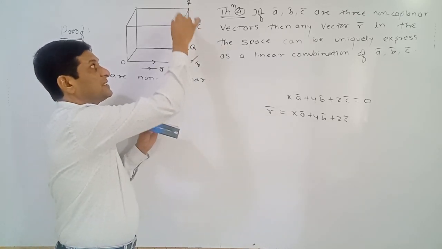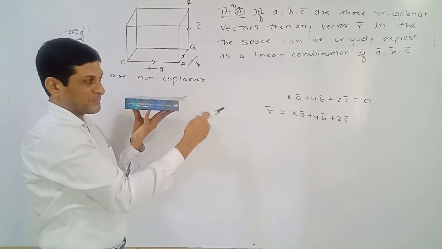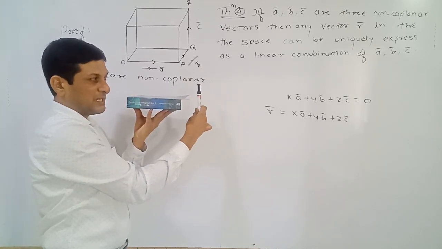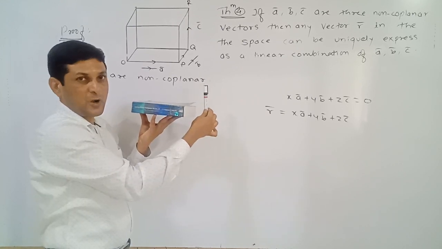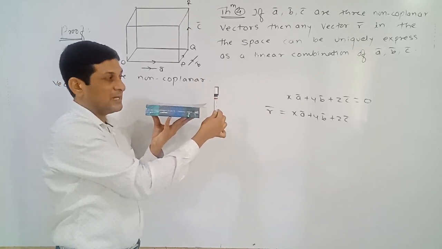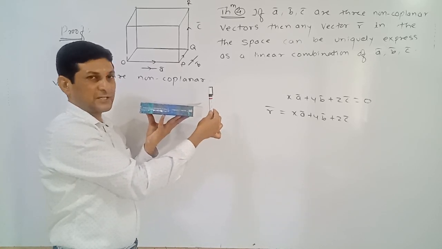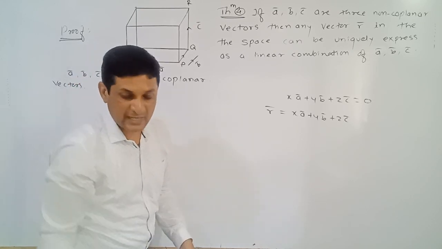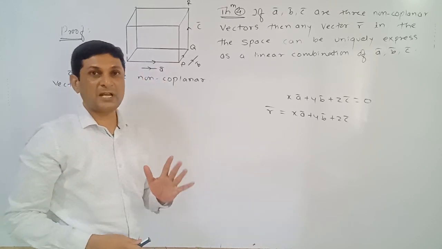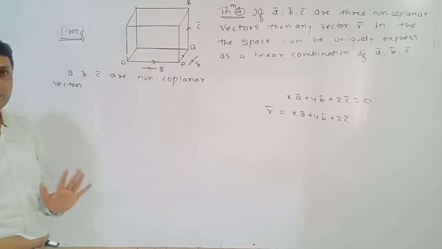But if you observe, C bar is parallel to this edge. Is it an edge of the back face? C bar is parallel to this edge. So now this vector does not lie in the base plane, because we are not able to change its magnitude and direction. So we are not able to move it in the base plane. Means this third vector C bar does not lie in the base plane. Means these three vectors do not lie in the same plane. Means these three vectors are non-coplanar. As it stands, this figure satisfies our condition.